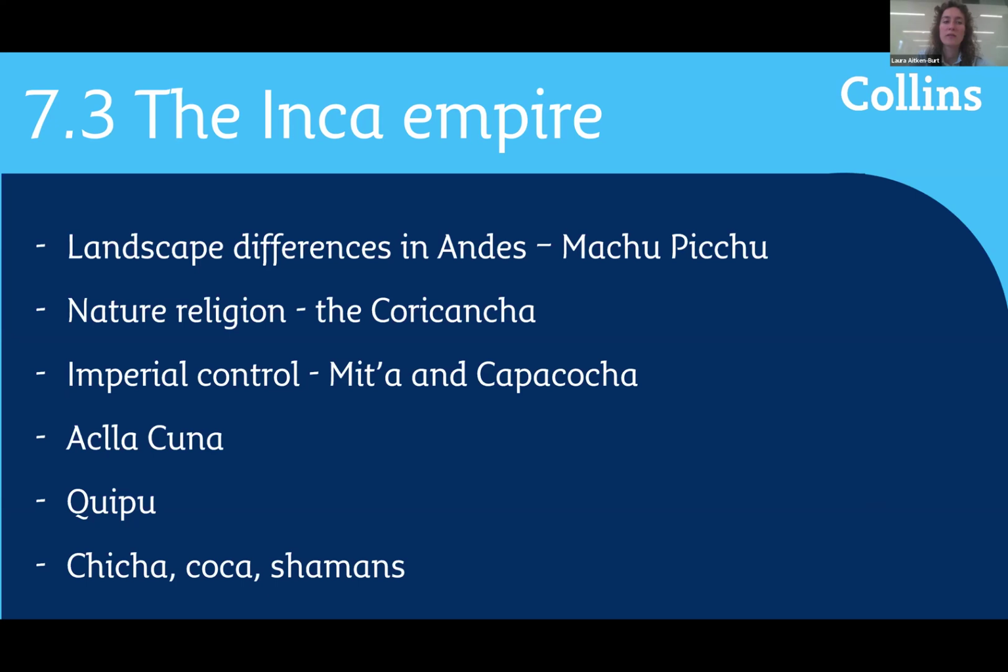There's a much more nature-based emphasis on religion here, with the sun and the moon being important and worshipped as spirits within the natural landscape. And the Coricancha is the biggest temple in Cuzco, which housed little silver and gold leaf statues, which were said to represent the sweat of the sun and the tears of the moon. Again, you can bring in these ideas of imperial control with the Inca